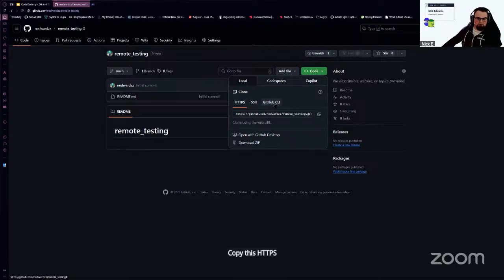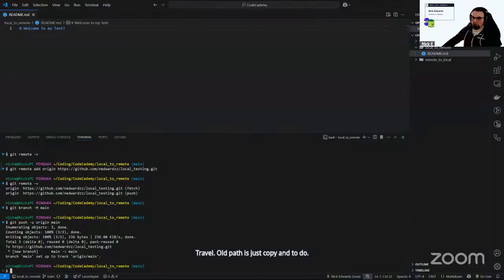You can use a GitHub CLI. The CLI is a pretty neat tool that's going to be out of scope for the session. You can also use SSH keys if you're familiar with those as well. But I think one of the primary, most often traveled paths is just copying the URL. Let's go back to your VS Code.